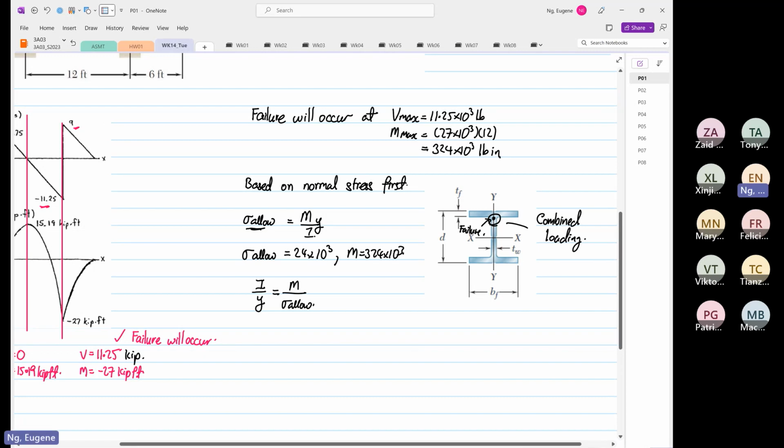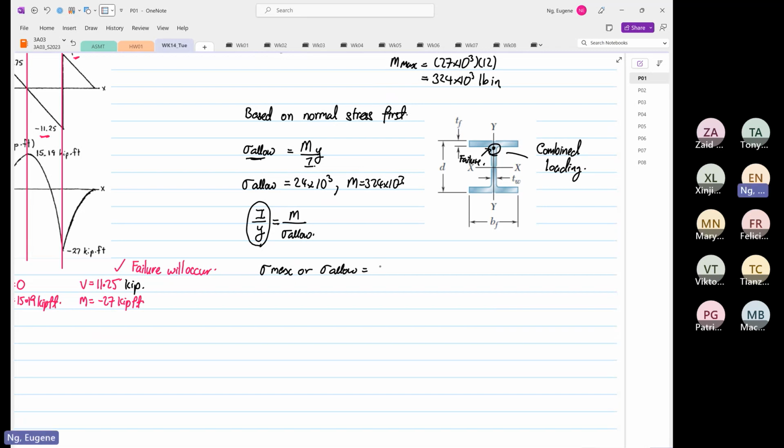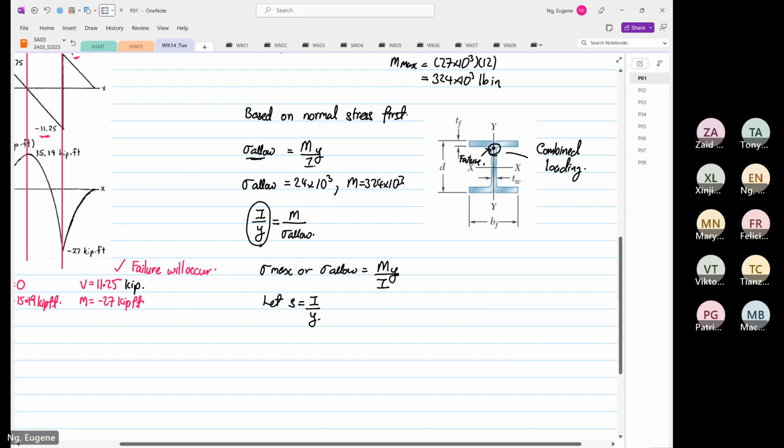I think you guys have learned this in 2P before. From bending moment, we know that stress max or stress allowable is equal to My over I, right? So we are going to let S, which is equal to I over y. So the above function where stress max or